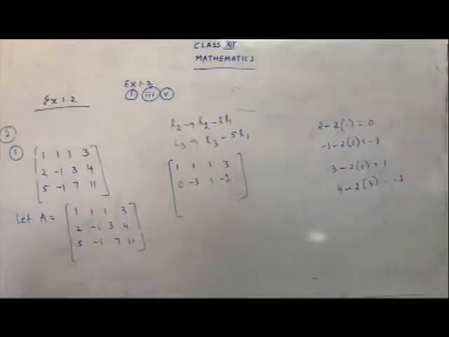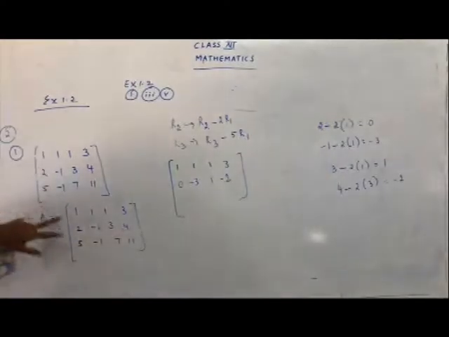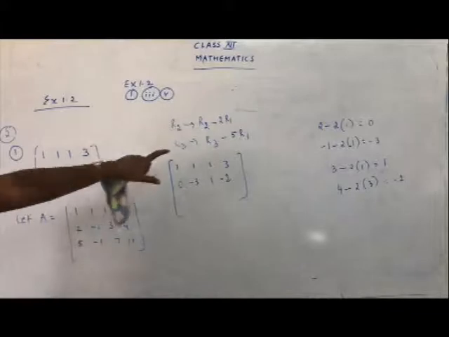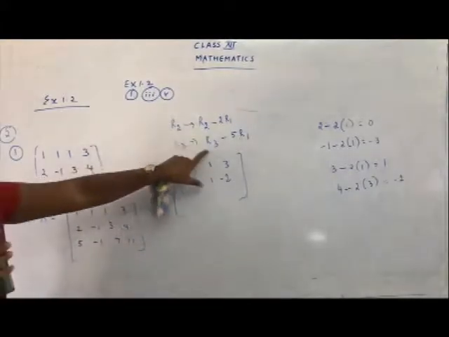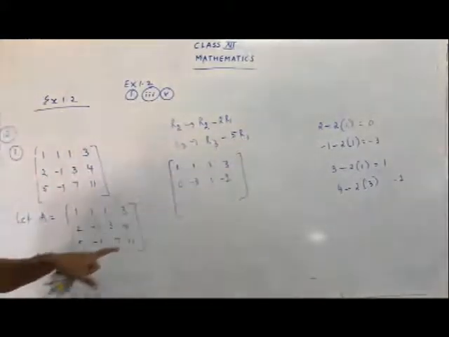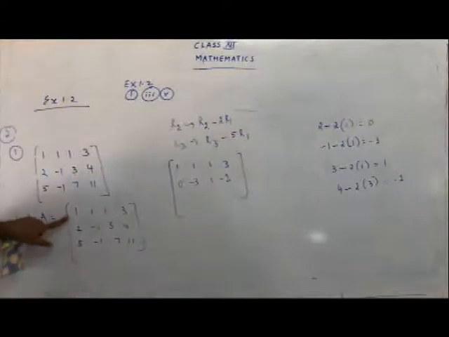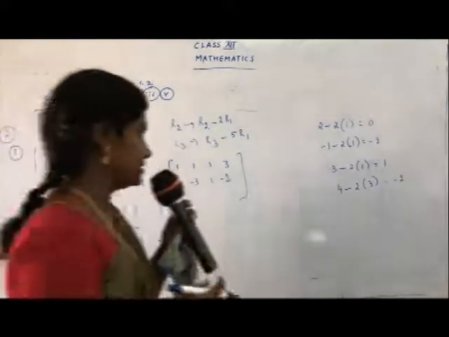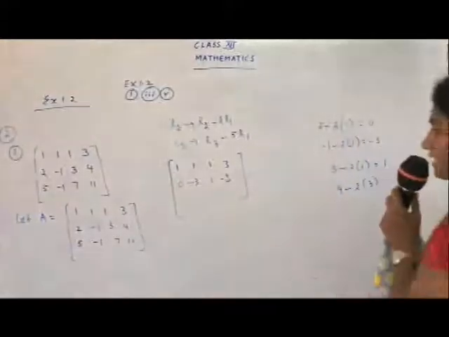Complete fast. You just have to see, but remember you have to take the corresponding element. So you have to take the third row and the first row. Do not get confused. Do not take the third and the second, everything will go wrong. See the condition here: R3 is changing to R3 minus 5 R1. That means you have to take row 3 and row 1. So apply the numbers properly and get the answer. I hope you have started with the answers.